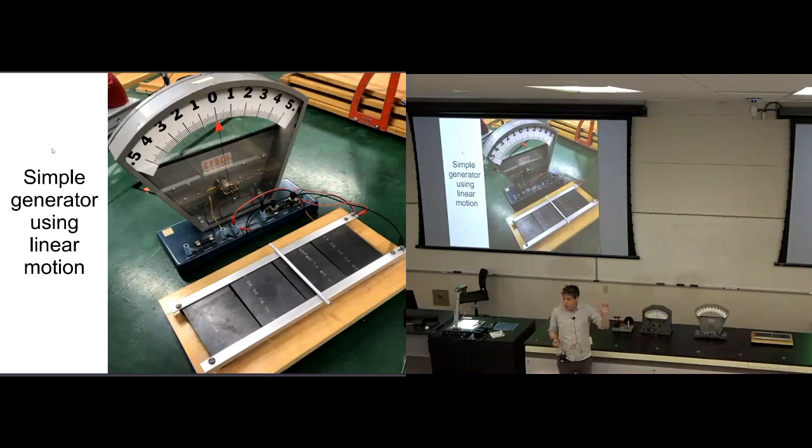If I change the amount of flux through the circuit, increase it or decrease it, what's going to happen according to the law of induction, Faraday's law of induction? What's going to happen is there's going to be an induced EMF, there's going to be induced current. And so this is a way, if I move the rod, if I give the rod some movement, to turn that movement or motion into electrical currents, electrical potentials, electrical power. And so this is a simple generator. As I say, it's not a practical generator for generating electricity for our homes, but it is a simple generator for understanding how we might turn